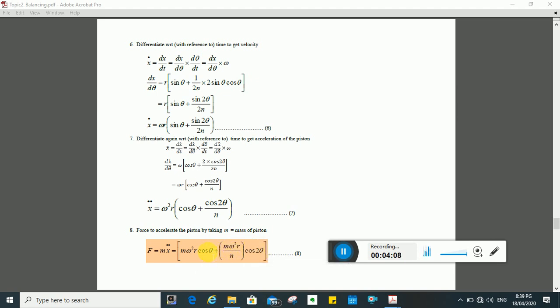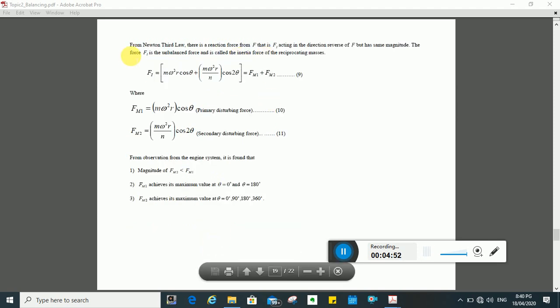So you can see theta here has two types that you will use. The first is the primary theta. This one is the secondary theta, which is the angle that we get from the primary angle multiplied by 2. That is what we call the secondary angle. Here is the primary angle.